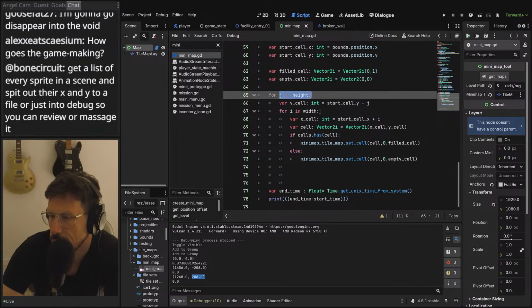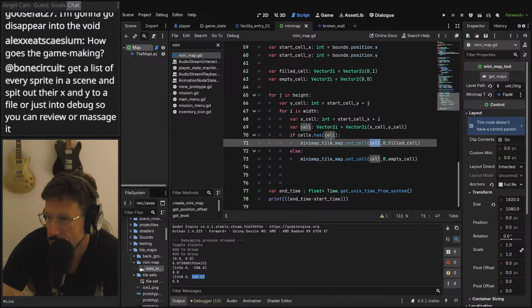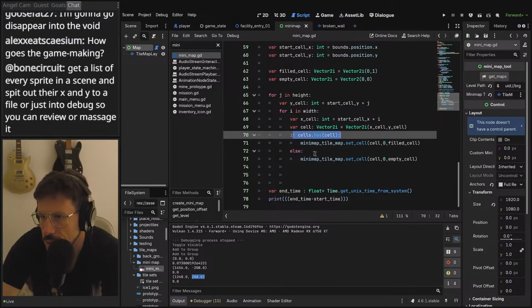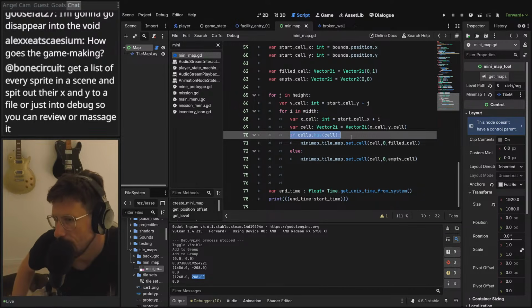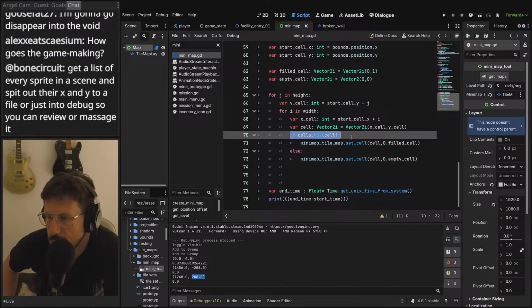So J and height, we want to just loop through it naturally. The position we want to manipulate. So here, where we actually put the cell in, because here we're still just testing to see if it's filled. So we're going to get a false result if we choose the wrong spot. So we still want it to be 0, and then we just want to set the cell to be on